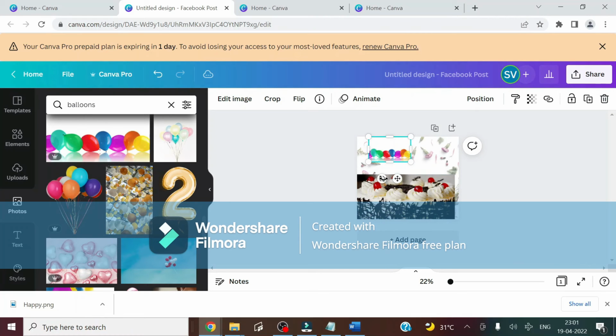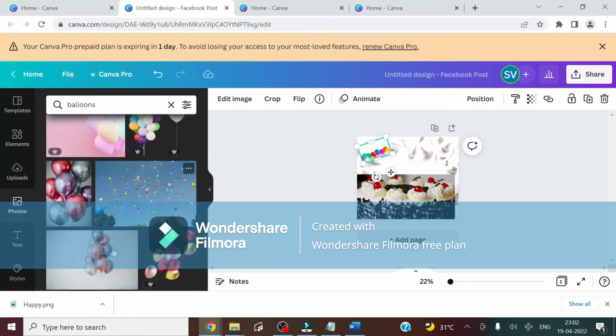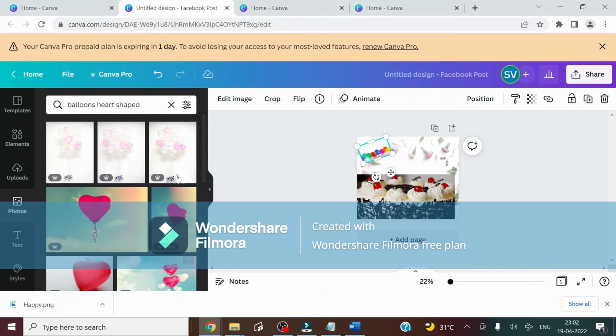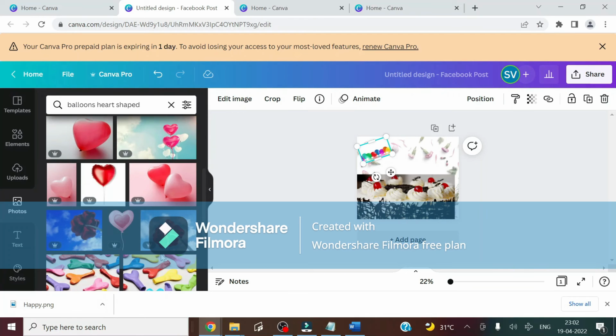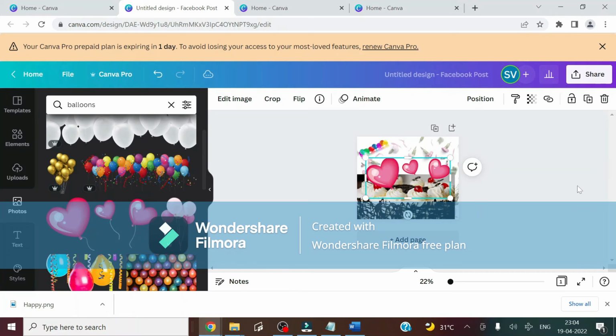And to rotate, you can just do like this and reduce the size. A little bit of balloons here and there. Heart shaped, we will see. So there are balloons which are heart shaped, as we did last time. What we will do is add a balloon here, rotate it, reduce the size and move it to the right wherever it fits in. Right, probably this